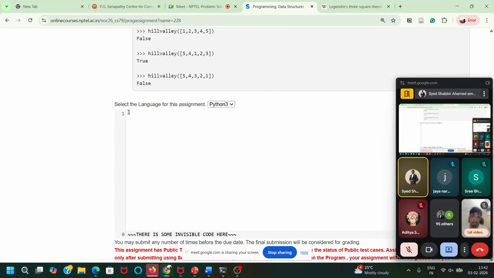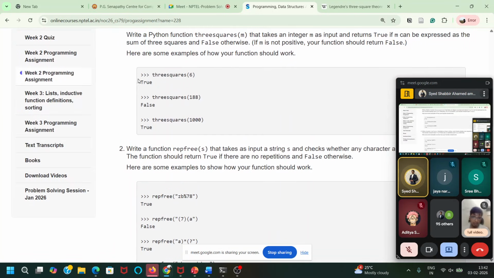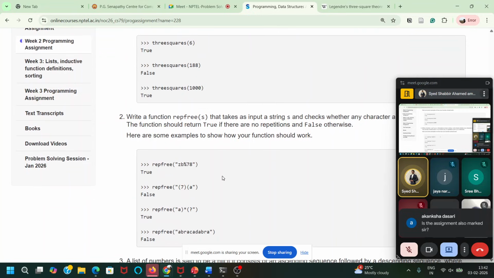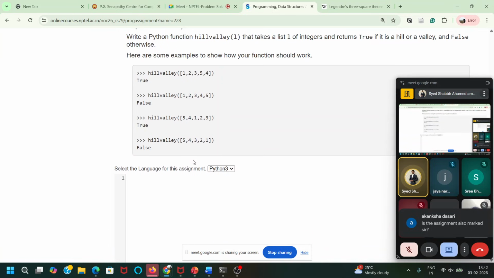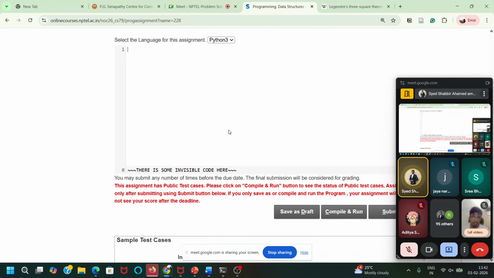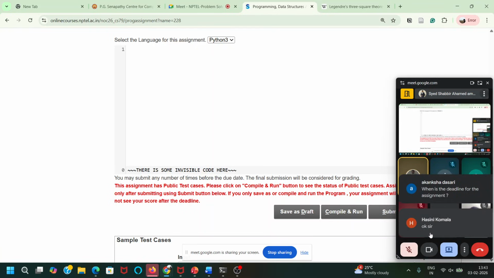For the first question you will write a function. For the second question you will write a function. Yeah, it will be marked. For the third question also you have to write a function. So all the three functions you have to write. You should only define the functions. You should not write any test cases and all. You should just write the function. Define the function name, then return some value, whatever it has been asked. That's it. Yeah.